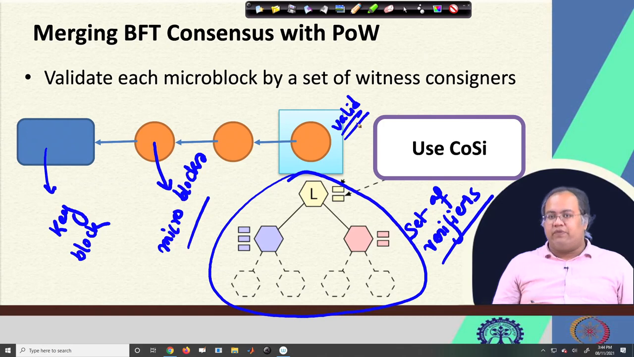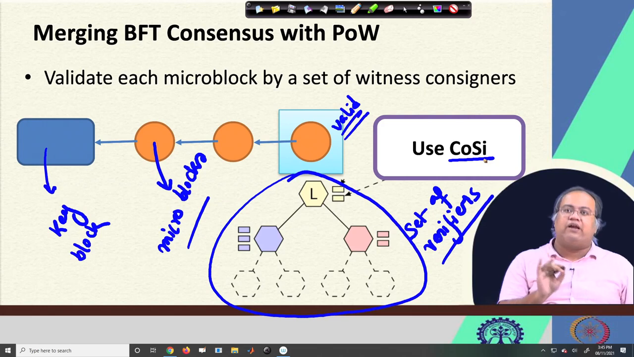I can use the collective signing approach that we have discussed in the last lecture. In the collective signing approach, we can use BLS encryption or such kind of collective signing mechanism to collectively sign a particular message. So, here this message is basically this microblock that is being generated. These validators can validate whether this microblock is valid, and if it is valid, then they collectively sign it, certifying that hey, this microblock is valid,